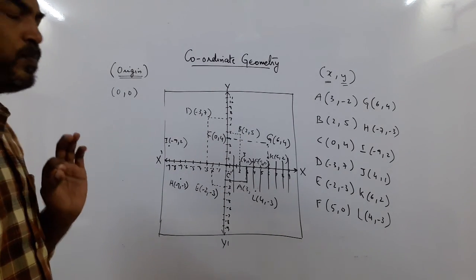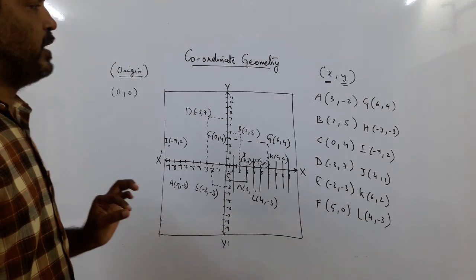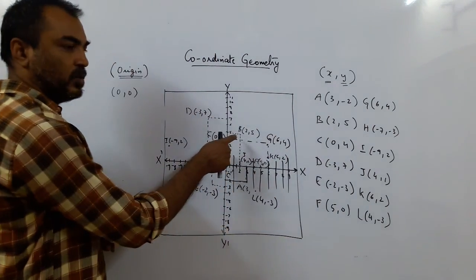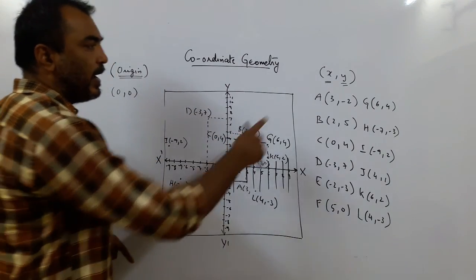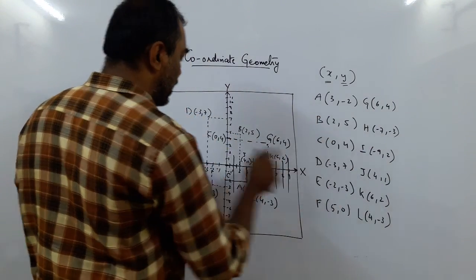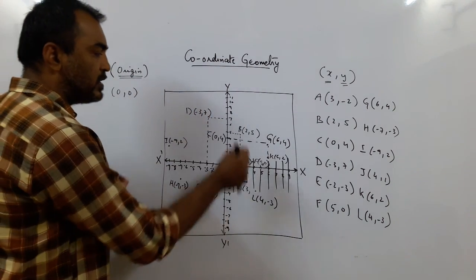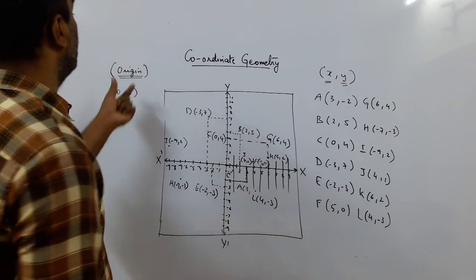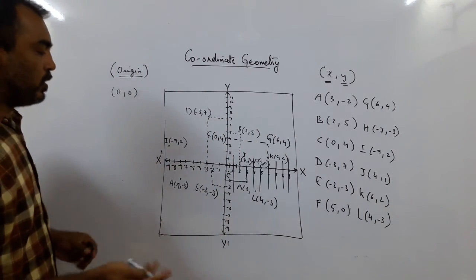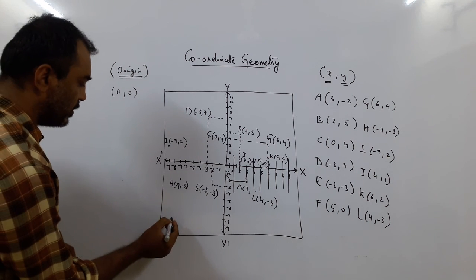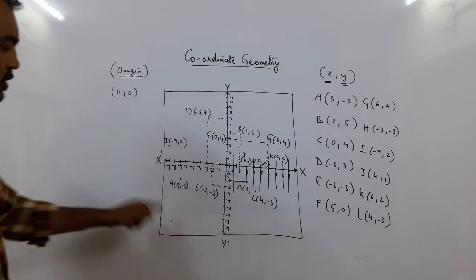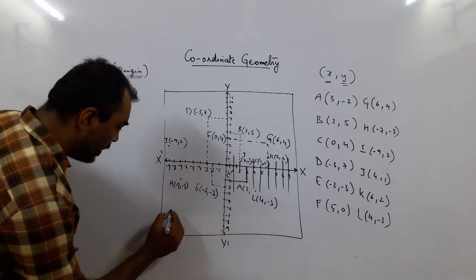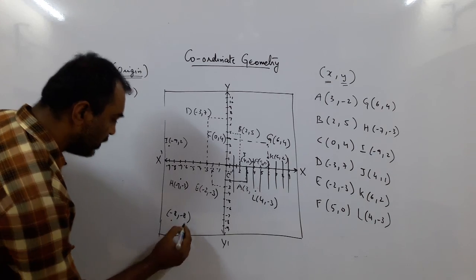Now finally the simple conclusion. What is the simple conclusion we have? Every point has got a specific location. On a plane, every point, you can see all these points have a specific location. So all points are unique with a specific location, and every specific location will have unique coordinates. So now the other way around. If I draw a point say here, then this point has a unique location. It is minus 8, minus 8, on the x-axis minus 8, on the y-axis minus 8.